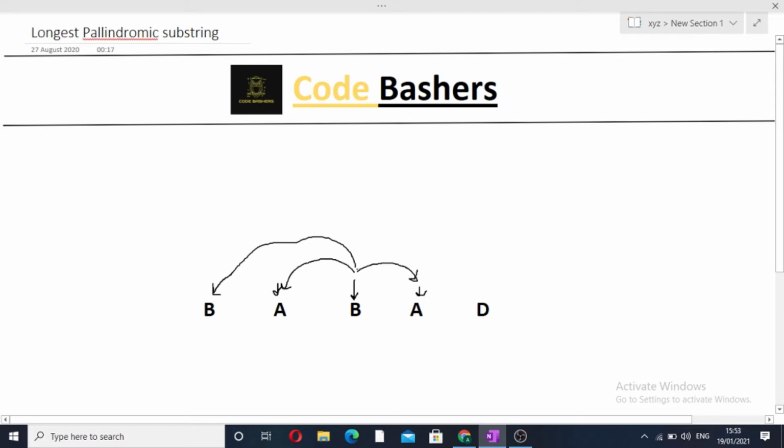So we will go two steps left of B and two steps right of B. Again we can see that here it is B and here it is D. So these two are not the same, and therefore they can't contribute to our palindromic substring. So we will not take these two in our answer. We will just take the values just before these two, which are AA.